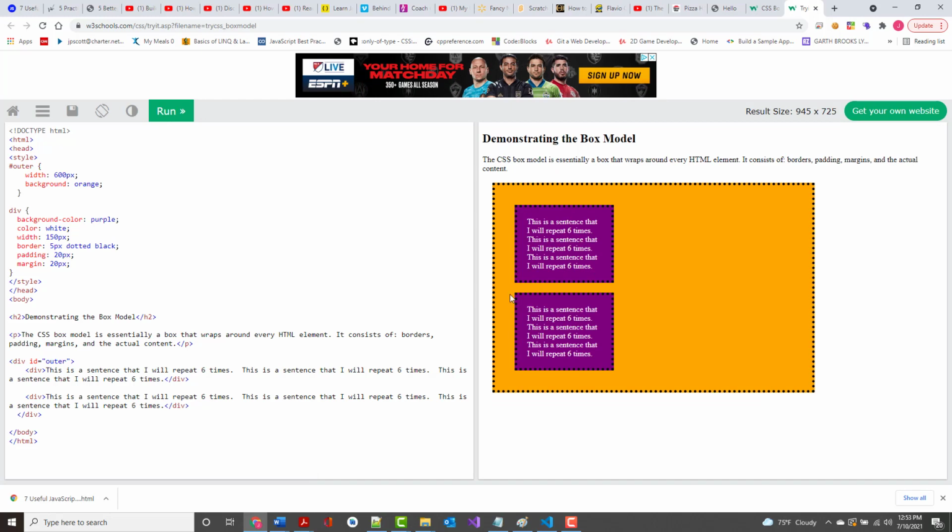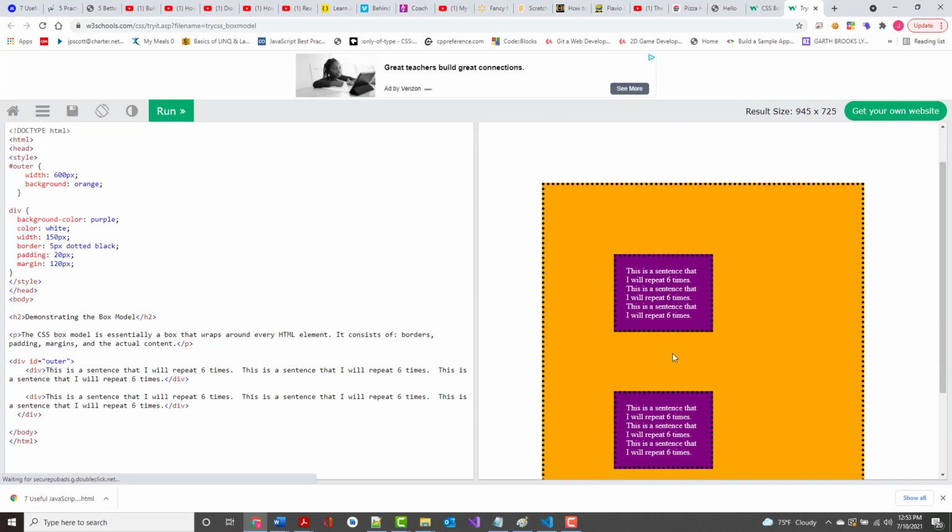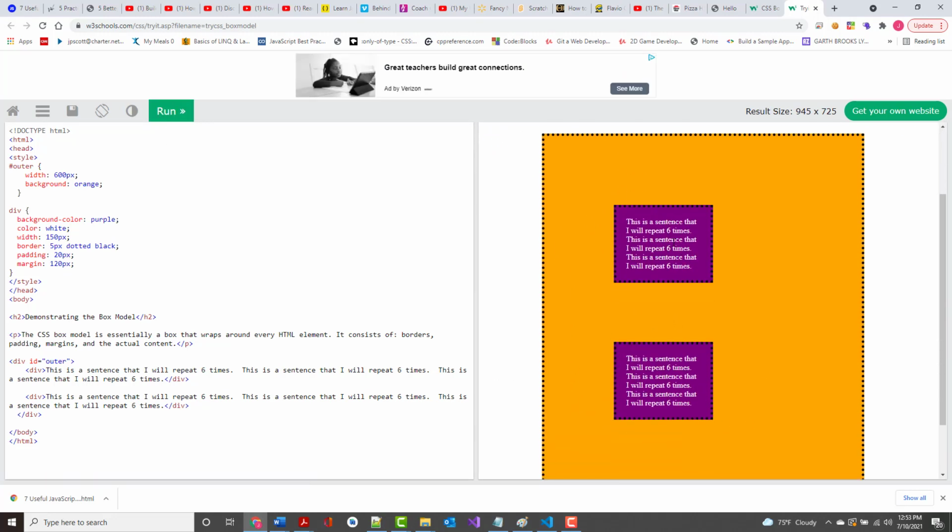All right, margin is the area that's between these elements. All right, so let's take the margin and set that to 120 pixels. And now notice how much more that was pushed off. And when you work with padding and margin, it's like a clock. All right, so